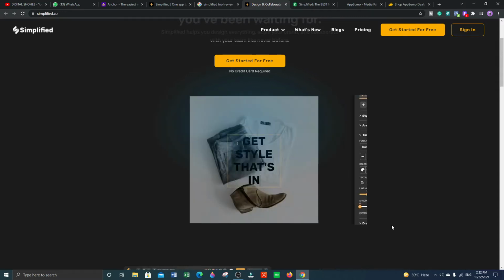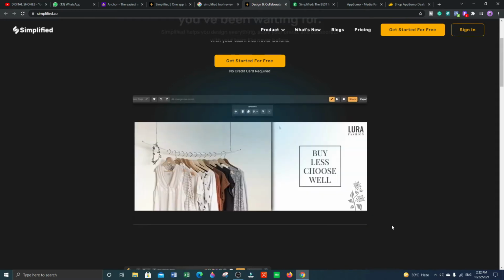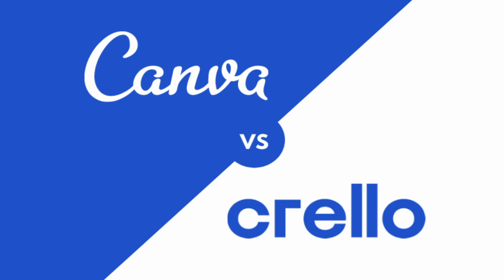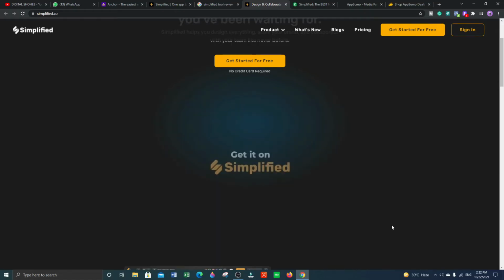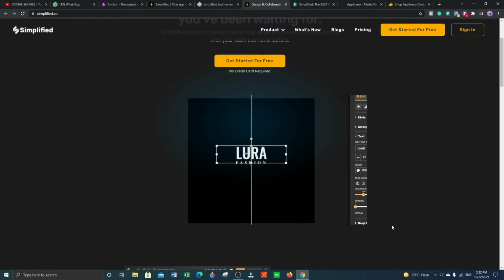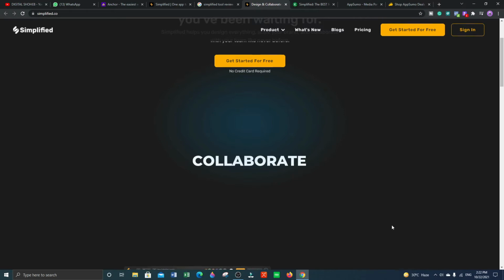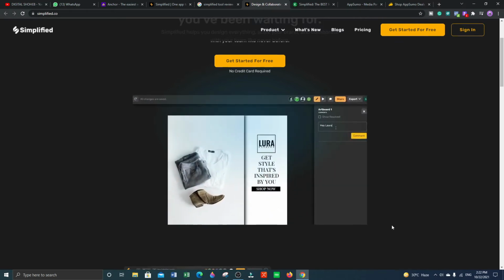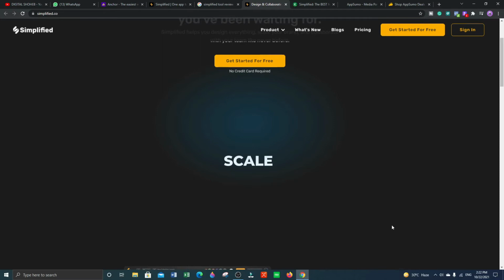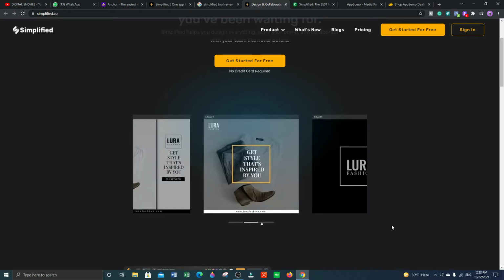Okay, first of all we will talk about competitors of this tool. Are you aware of Canva, Trello? Many more tools are available in the market where you can generate your graphics effectively, and they have both paid plans and a free plan. But if you are on the free plan on Canva and Trello and you upgrade, you have to pay on a monthly basis, right? On a recurring basis you have to renew your package, and then you will be able to access their pro features. What is the best thing in this tool?